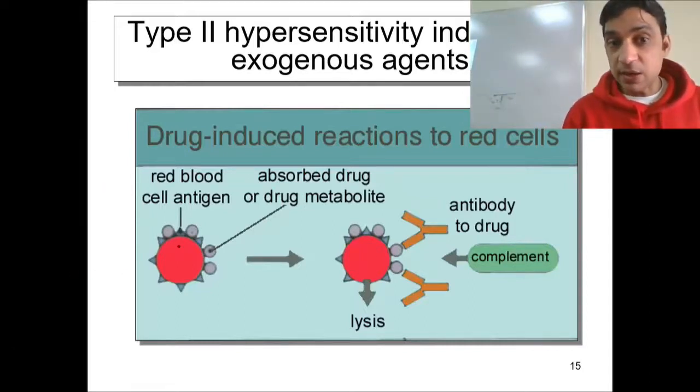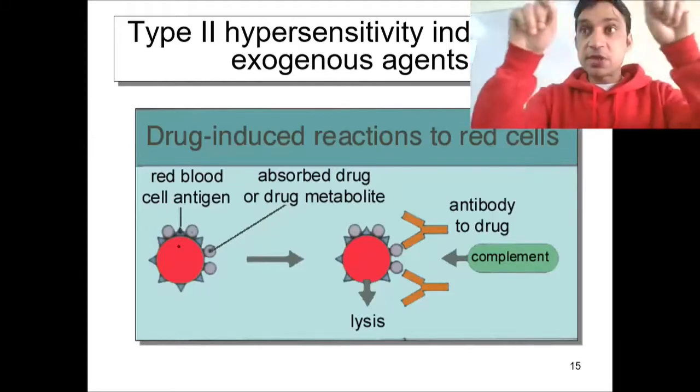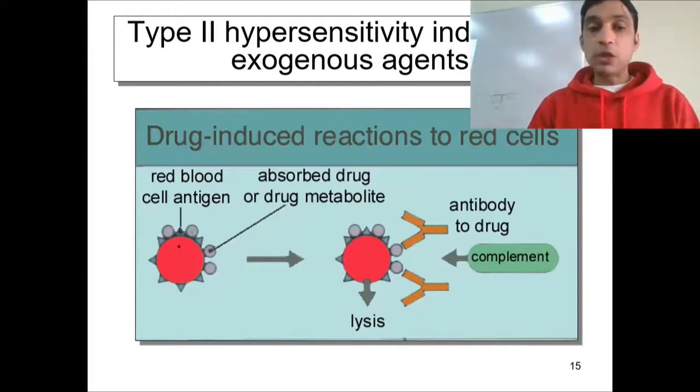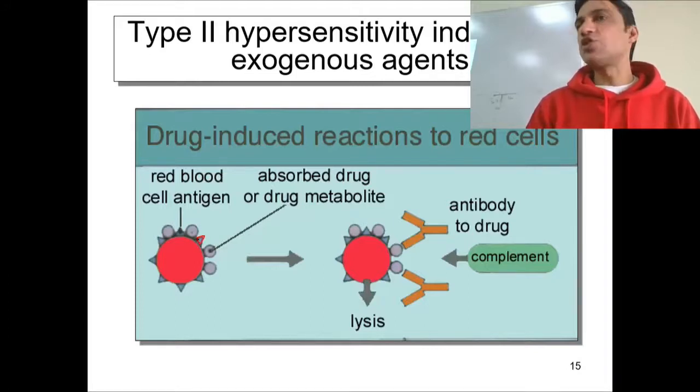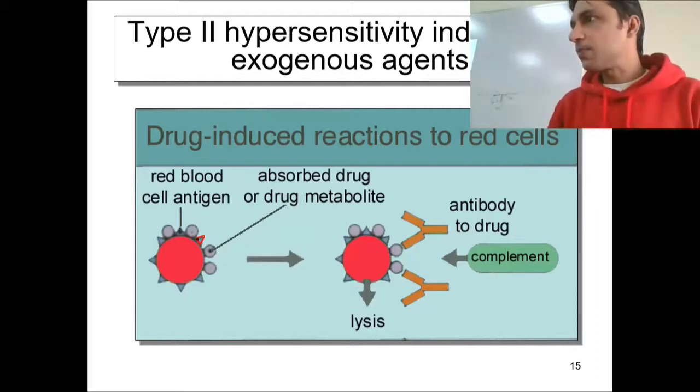There is a red blood cell, and traditionally the red blood cells don't have a nucleus, but they have a cell membrane. They have membrane proteins as well, and those membrane proteins are specific, and those can be considered as antigens. This triangular stuff is the antigen. These are the natural proteins present on the red blood cells.